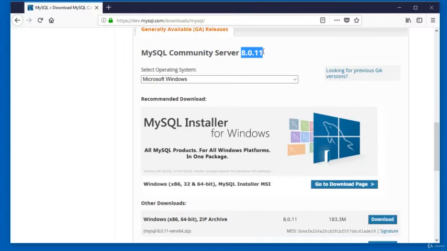If you find the newer version, you can either download the latest available version or you can download MySQL 8.0.11 from the lecture's resources. Or you can open this looking for previous GA versions link, which will contain all the previous versions of MySQL.